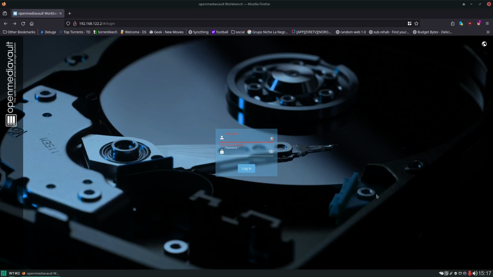Hello and welcome. In today's video, we're going to be starting to configure our OpenMediaVault for our self-hosting environment. In the last video, we installed it, so we are running on a fresh install here. We're going to start off by logging in using the default login, admin, and